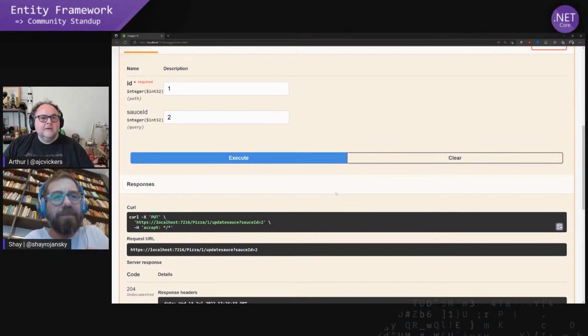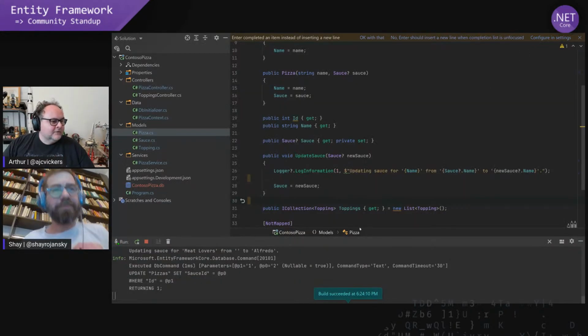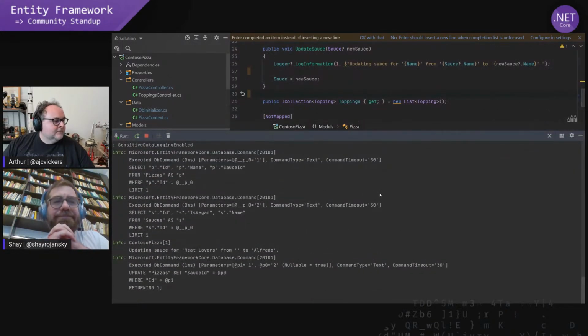Let's go back and look at the output to see what happened in the console here. So we can see that indeed we got an info level message from Costco Pizza saying updating source for meat lovers from nothing. I guess it didn't have a source before, to Alfredo,